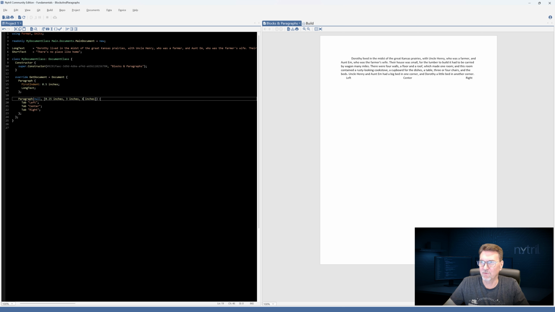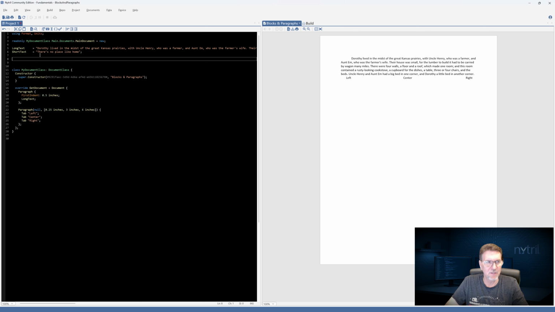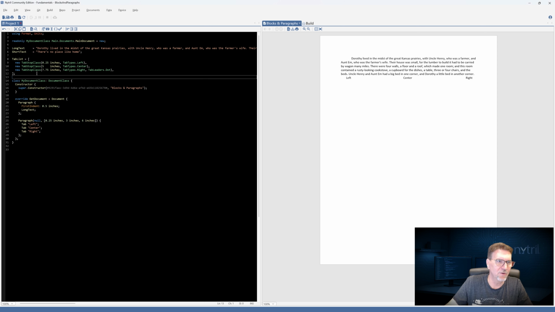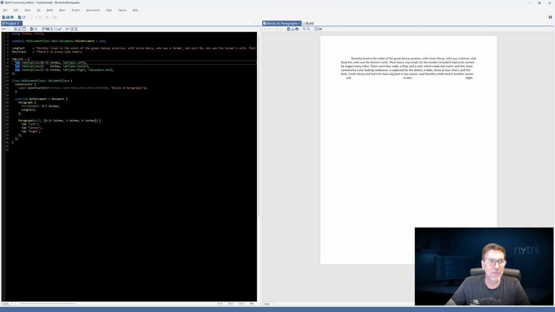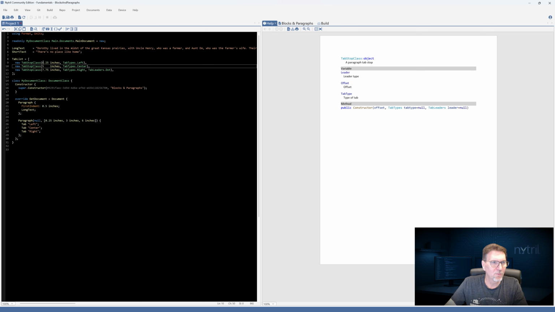So I'm going to take this to the next level here on the tab stop discussion, and we're going to jump up here, and I'm going to shortcut things by pasting in the code. And we're going to create a variable called tab list. And in the tab list, we are going to create 3 tab stops. We're going to change these values. Well, you know what? These actually look pretty good. We're going to go with 1/4 of an inch here, back 1/4 of an inch here, and 1/2 inch here. And we'll make this one tab type left, this one tab type center, and this one tab type right.